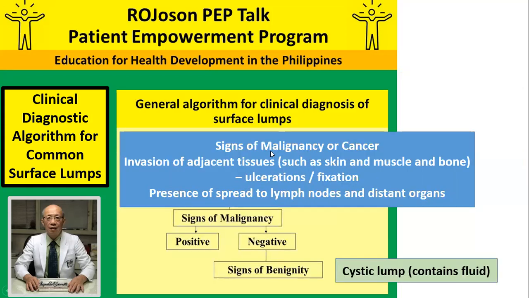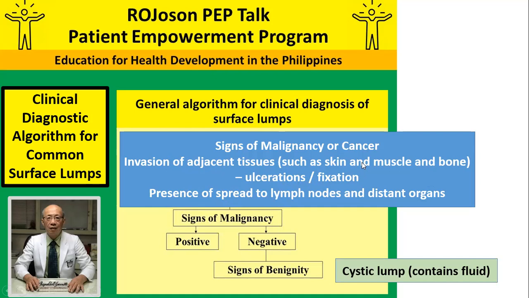So after the signs of inflammation, as I said, the next step is to look for signs of malignancy or cancer. Just think about the behavior of cancer. We know that cancer usually invades adjacent tissues or spreads to other places. So look for signs of invasion to adjacent tissues: if the lump is stuck to the skin, muscles, or bone, if there's a break in the skin, ulceration, and it doesn't move, it's fixed because it's attached to adjacent tissues,